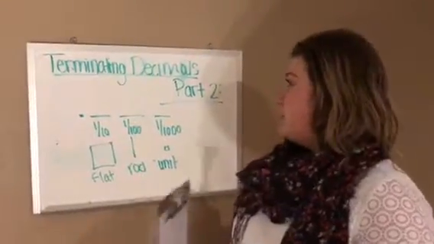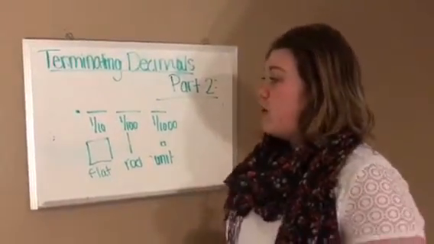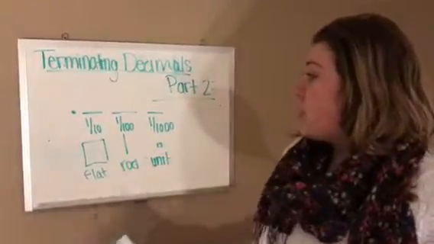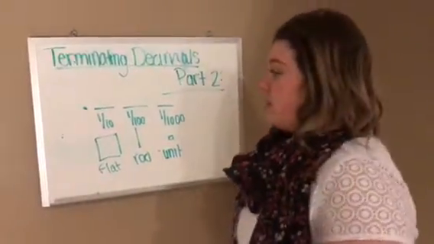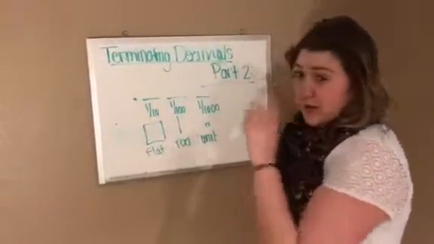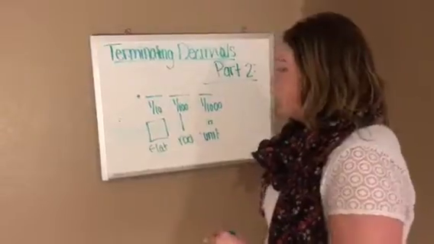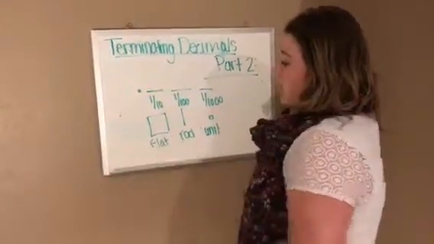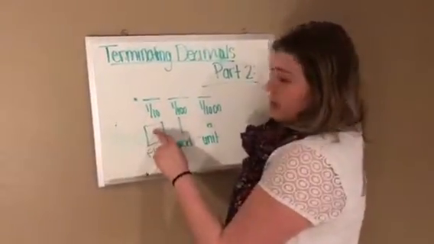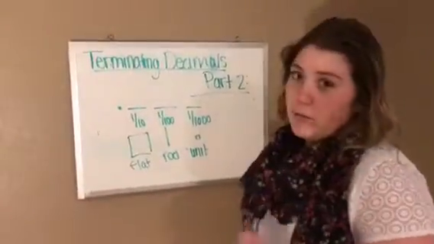Alright, so this is part 2 to our Terminating Decimals video and lesson that we're trying to teach our students. And I just want to show you different representations on how you're going to show them the tenths, hundredths, and thousandths place right of the decimal. And so we're going to represent 1/10 with a flat. And the reason we do this is this can be looked at as 100. There's 100 little units in here,